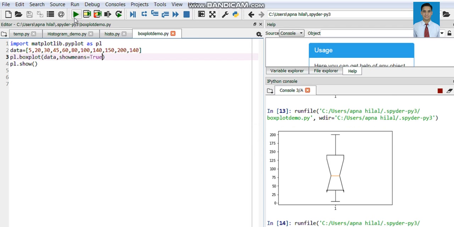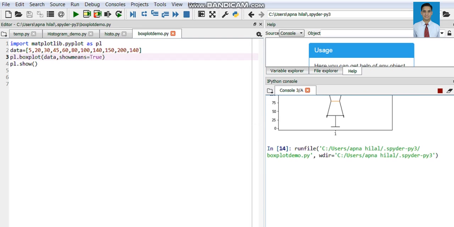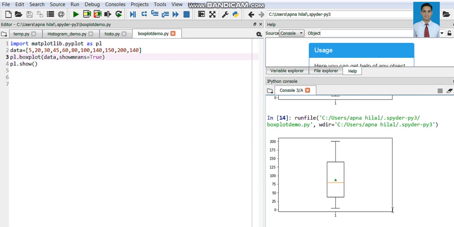We will run the program again. Yes, this is the output. Showmeans is equal to true. Here there is a mean at the center.